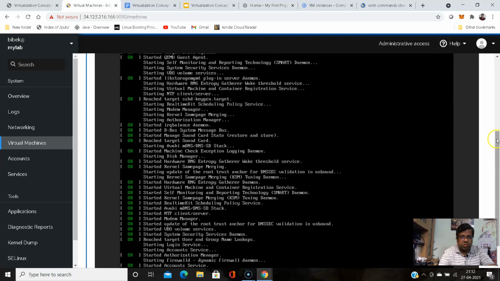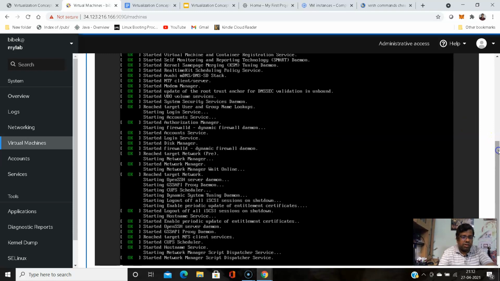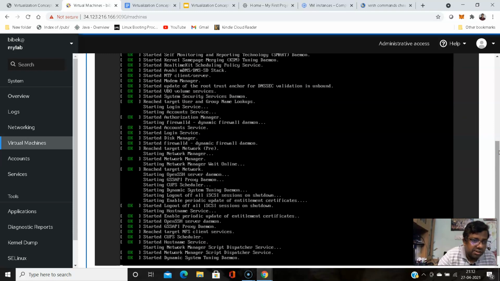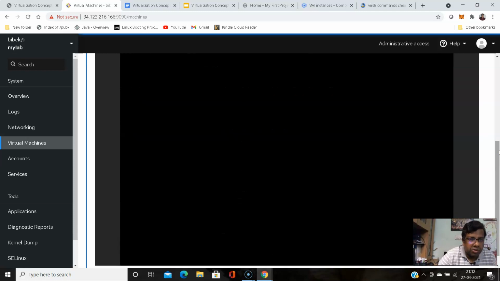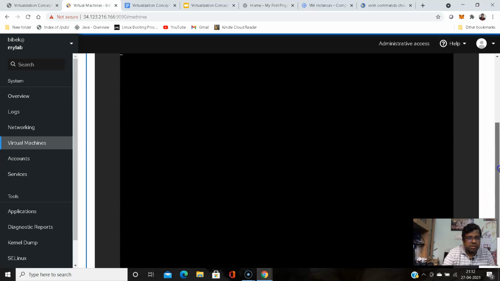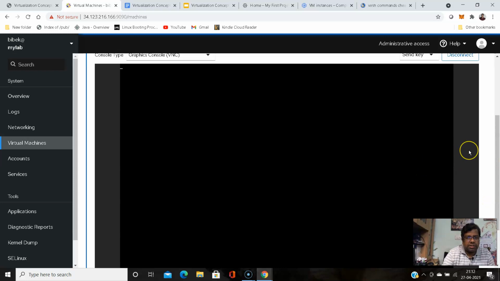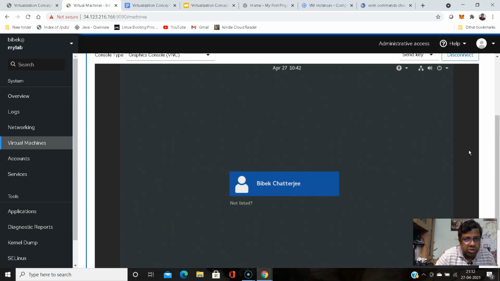Yeah, here it's showing. It will prompt you for login. It will provide the login prompt shortly. So hold on. So here you are running, let's consider, the CentOS instance that is running over Google as the physical box, and there is a KVM hypervisor installed, and on the KVM hypervisor we have installed another CentOS operating system.